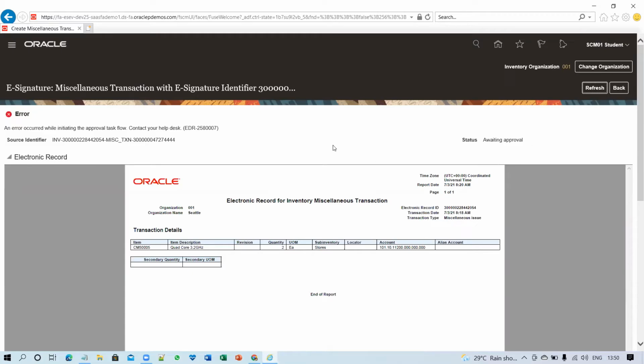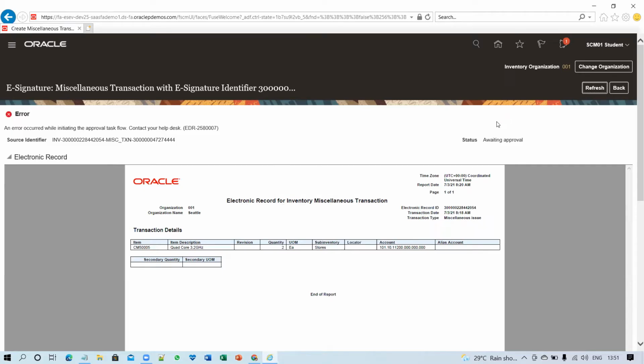Now we can see that there is an error that occurred, so we'll see that error. Now you can see that there are electronic records, CM5005, and then electronic records for inventory miscellaneous transactions. And now the status is awaiting approval.